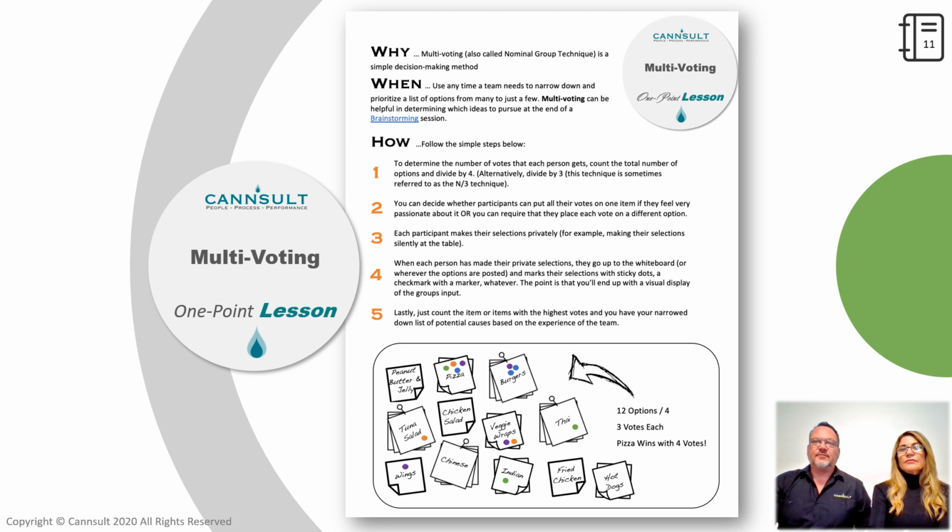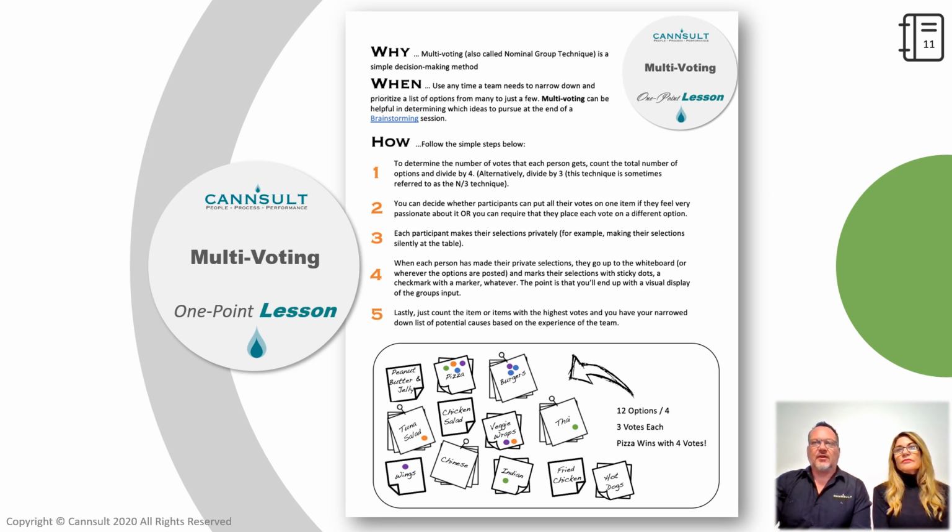As a refresher, multi-voting is a group decision-making tool, and it's used to narrow down options. Multi-voting is also known as nominal group technique. It's great to use in conjunction with the fishbone diagram, and the idea is that each person gets to vote on their top choices. In this case, we are asking the group to identify, of our list of potential causes,